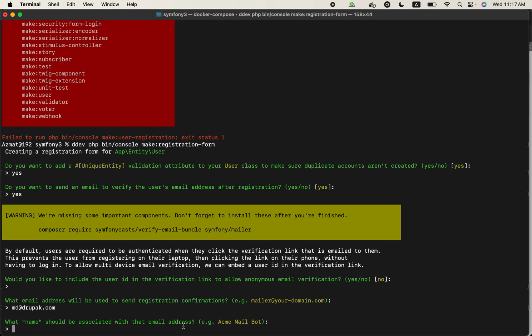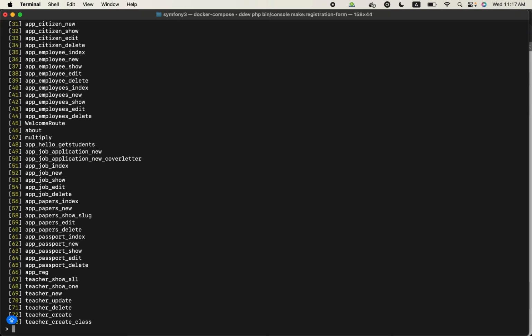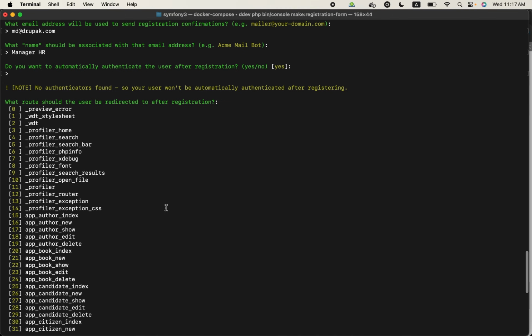What name should be associated with the email address? So manager, HR, maybe, whatever. Do you want to automatically authenticate the user on registration? If the user registers, should he be authenticated automatically? In other words, should he be logged in once he registers? So we'll leave it as yes for now. And now it is asking me